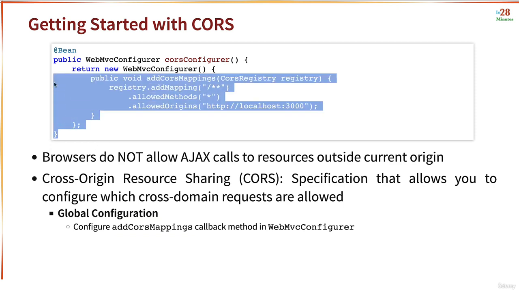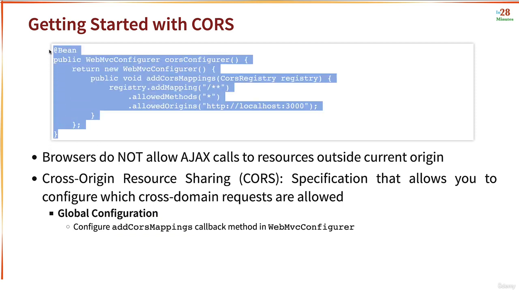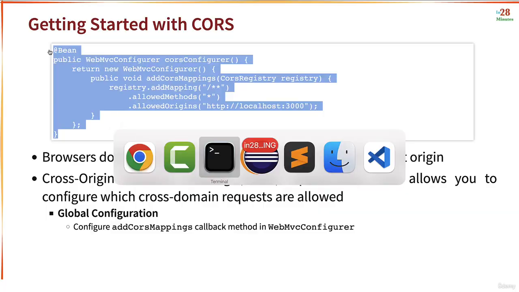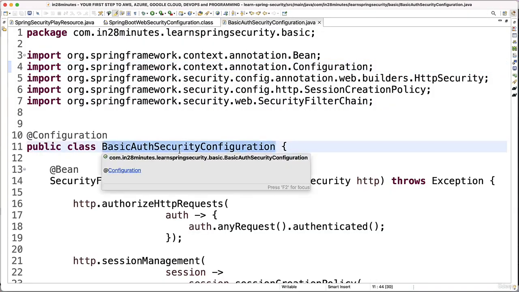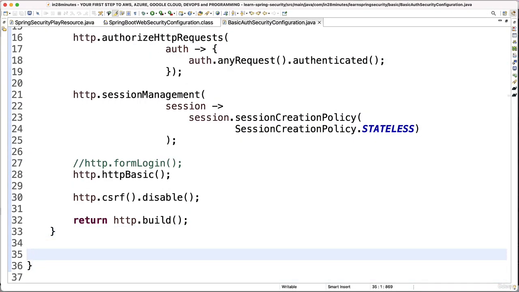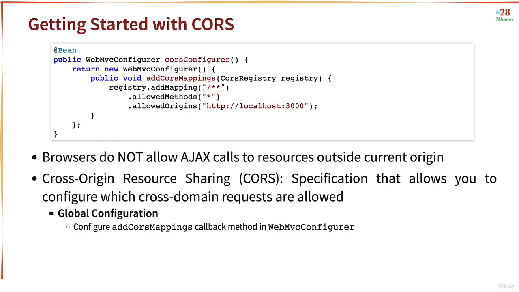So you can copy this bean and put it in any Spring configuration file. Earlier we created the basic auth security configuration. So if you want, you can go and put this bean in here. And what this would do is allow all requests to all URLs with any of the request methods from